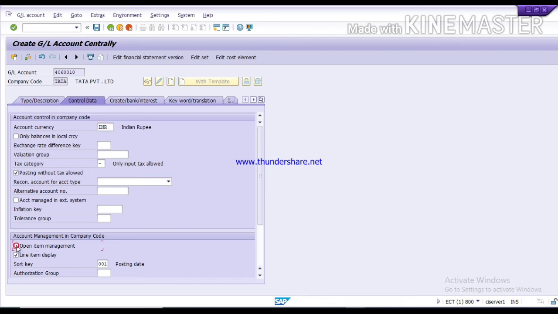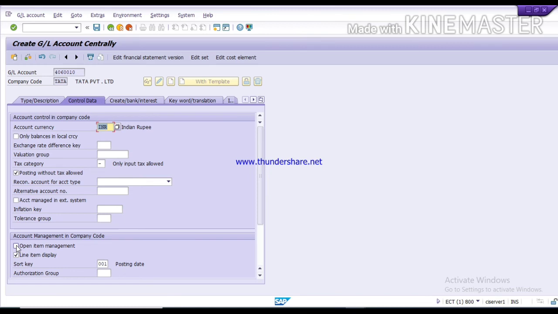Now remove this open item management. Why have I removed it? Because this expense GL is not a part of open item management. So now press enter again. This is the toughest LSMW which I am telling you.